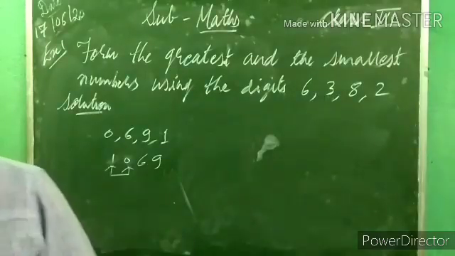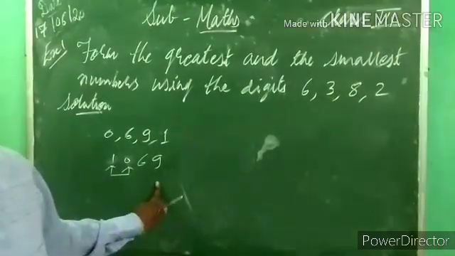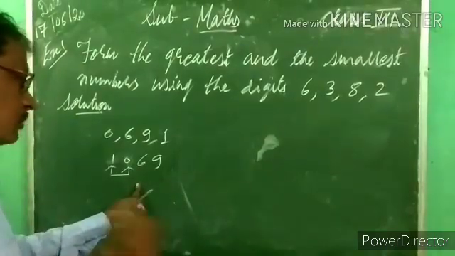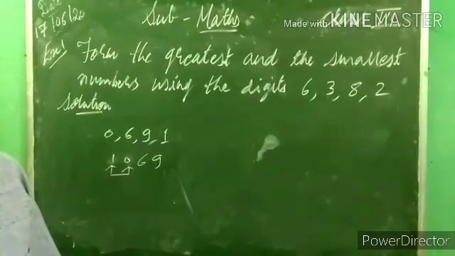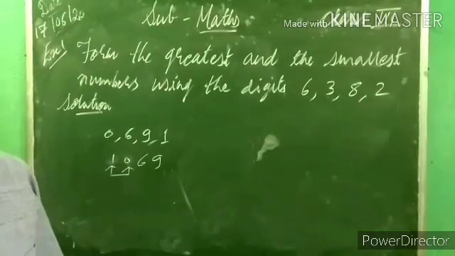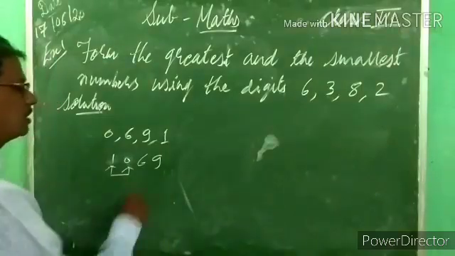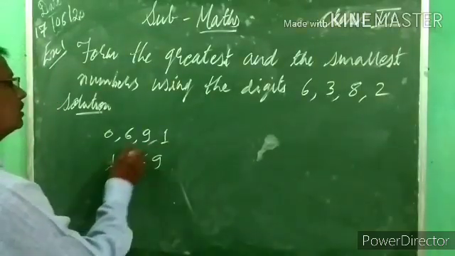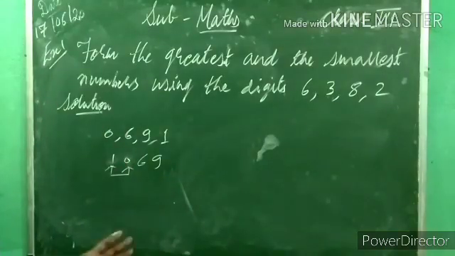If one of the digits is 0, the smallest number is formed by writing 0 at the second place, not from the right but from the left. We will fill the remaining places from left to right with the remaining digits in ascending order. After that you have to arrange the numbers in ascending order. Only one thing you have to keep in mind: place 0 in the second place if 0 is present.